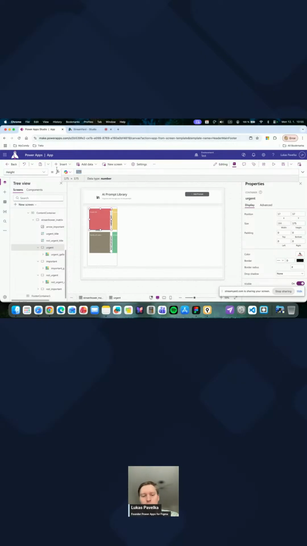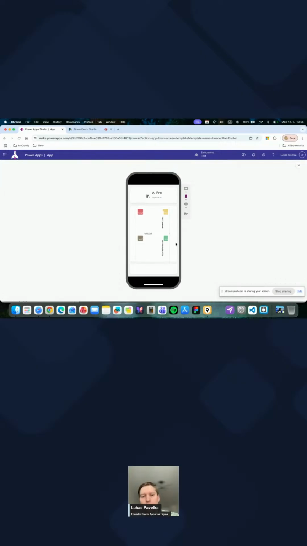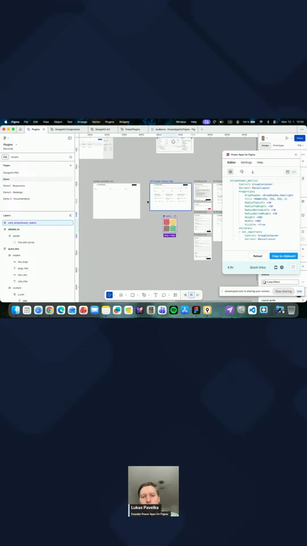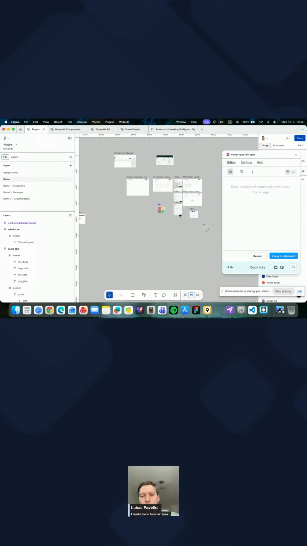So if I just use like 40 and select multiple, yeah, and see, you see the height was automatically changed, so this is what you can put for everything inside every control. So if I put it here in this plugin, and put inside some responsive screen, I will use